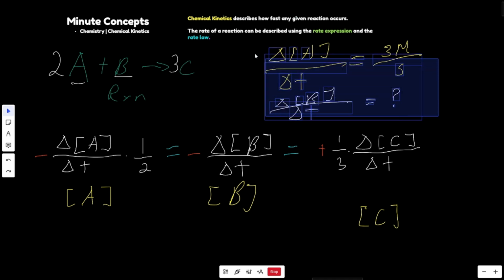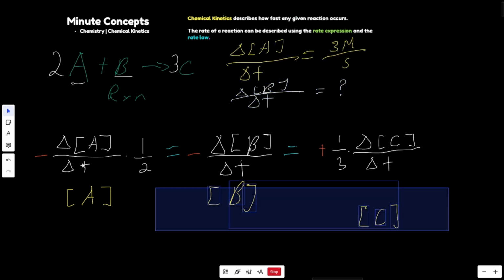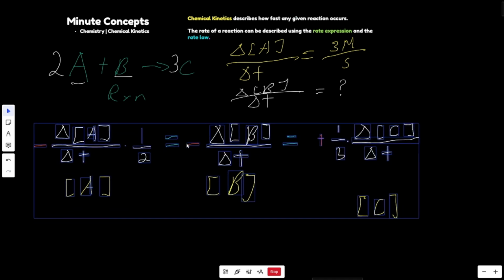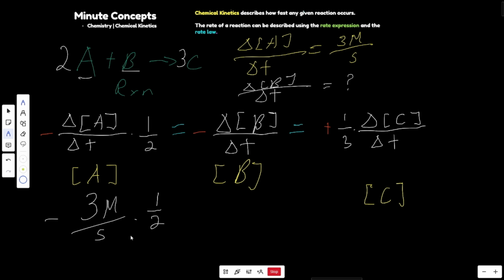Let's just move this up a bit. Okay, so going from here, we can substitute this. We'll put in our negative 3 molar per second times 1/2. This would give us a final answer of